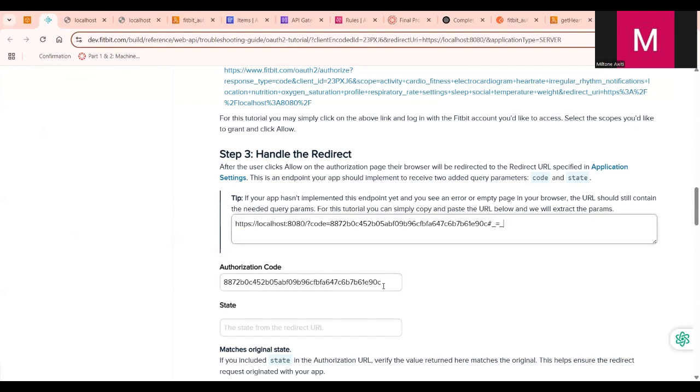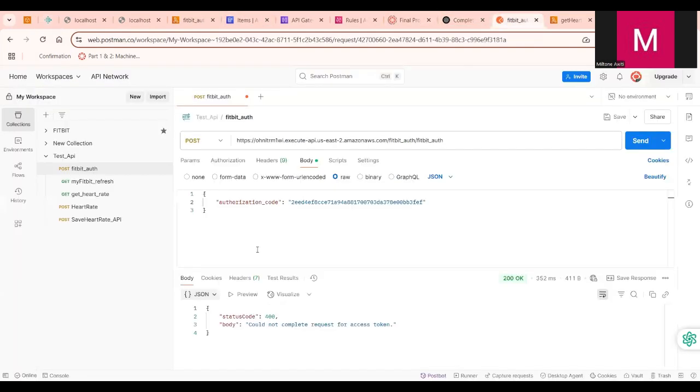Okay, we've generated our code. Great. So this now confirms that both the AWS Lambda and API Gateway are properly integrated to handle the